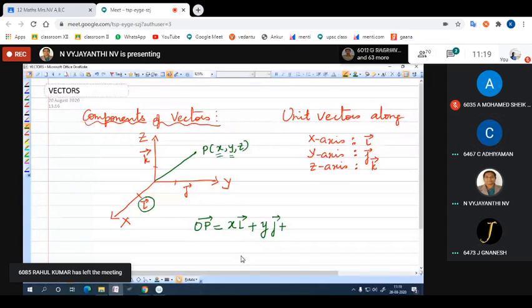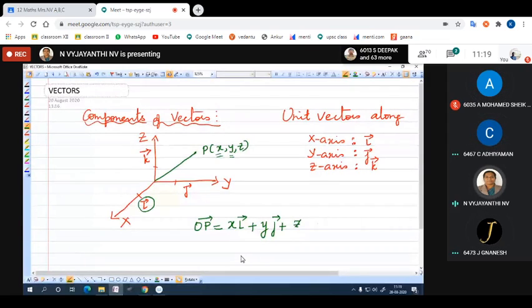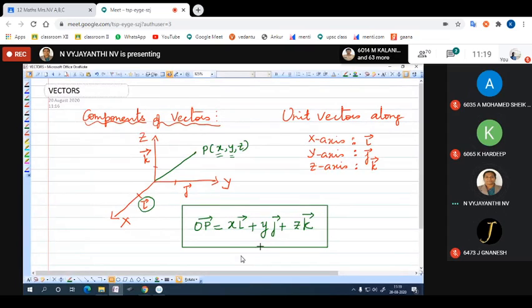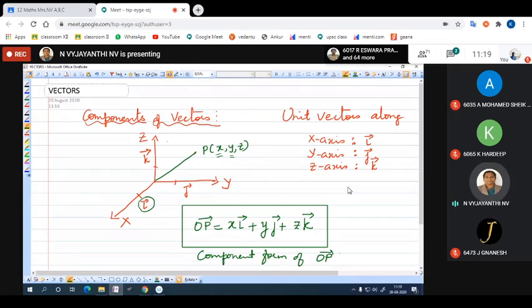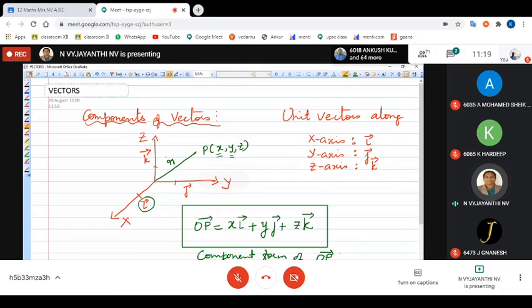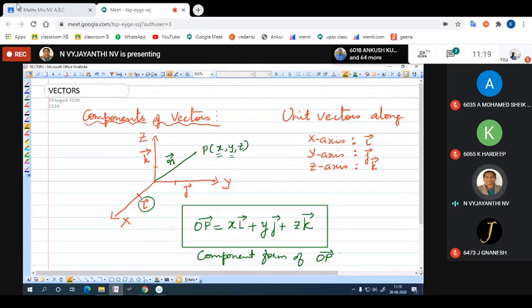y j vector. What is the distance of the point from the z-axis? z. What is the unit vector in this direction? z k. Okay, so this form of writing a vector with the unit vectors i, j, and k is called component form. Component form of the OP vector. This general point (x, y, z) will always be taken as the r vector, and here we will consider this as r vector equal to